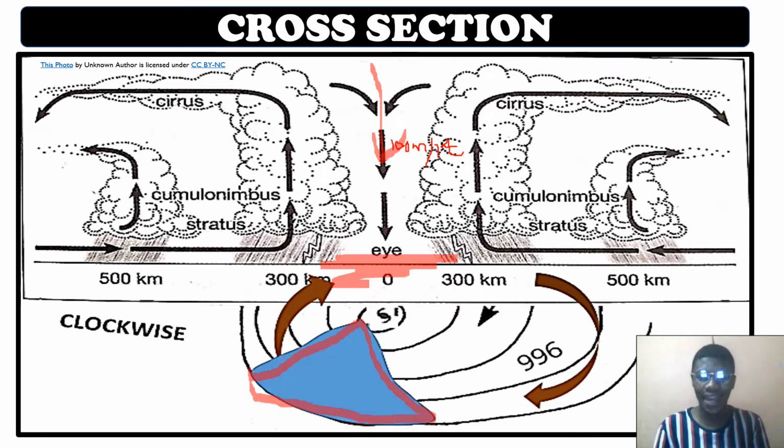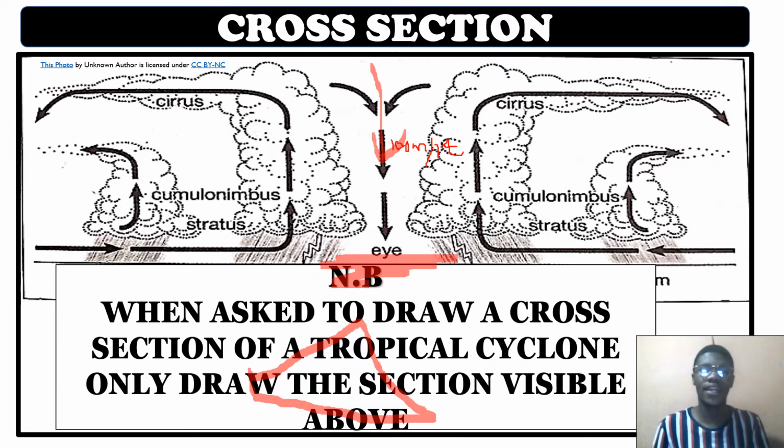And another guideline, guys, if they ask you then to draw a cross section of a tropical cyclone, you draw what you see on the above. You don't draw the bottom picture that I've hidden. You draw what you see on the above visible diagram. Make sure that you remember that. Cross section, that's what you draw. Okay, so I hope you are fine with all of that. We can then move on to